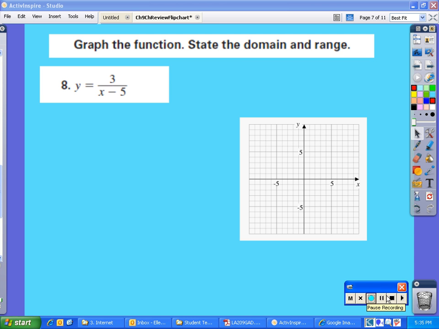Okay, moving on to number 8, we're going to graph a rational function. So we're going to graph a hyperbola, and let's see. There are certain things that we like to know and that we like to include on our graphs. So for each one, let's start with,